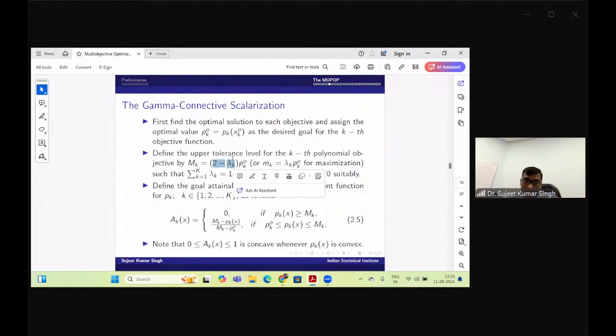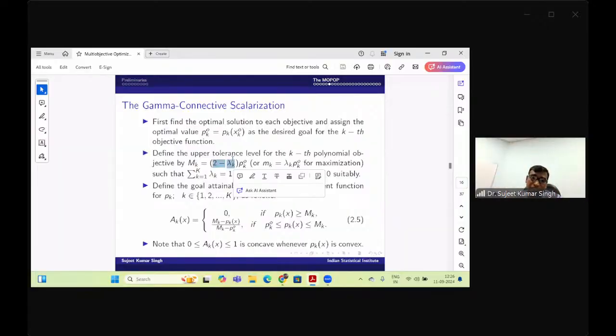Pko is the optimal value. So the high priority objectives are being pushed towards the optimal value. A very little deviation is given to the high priority objective. So when we are solving at the end, the high priority objective cannot deviate much more from the optimal value. That means the high priority objective will have a value near its goal, and the low priority objective can deviate a